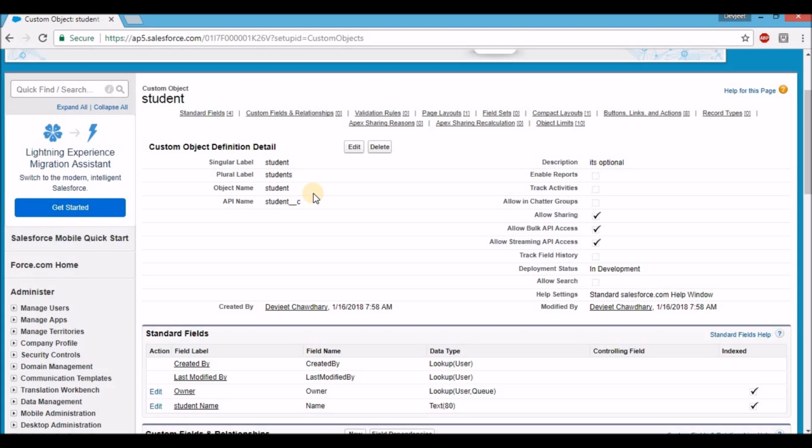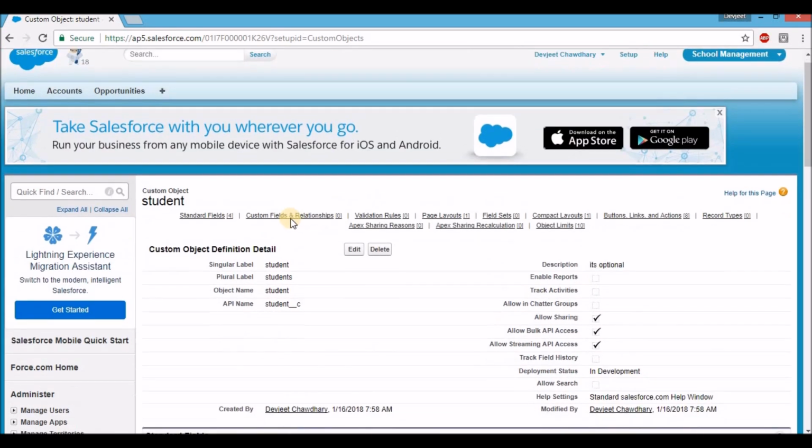Now there is a point I need to clear, which is, as you can see, the API name is Student__c. For any field or object which is custom, after you enter the name, it adds __c on its own, which makes the API name. Now this API name will be used to call for the references which point towards this object. We're going to learn about it in detail in other lessons. Now if you scroll down,